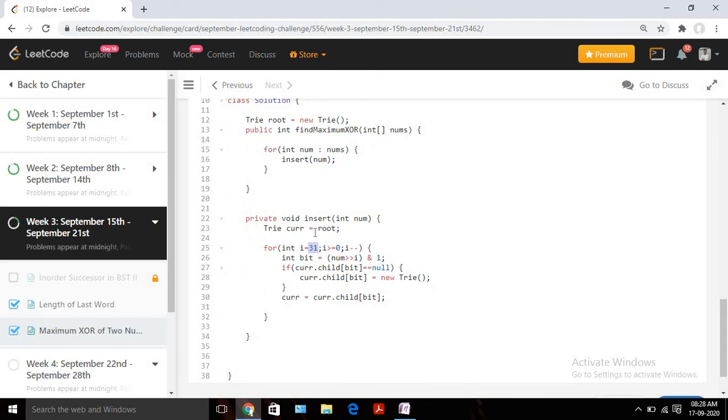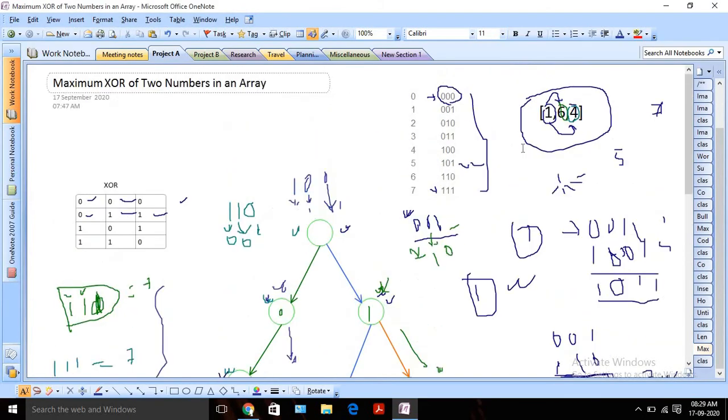Now we need to find this, right? We need to identify the bit so that we can insert it. So we are doing the bit shifting, and then we are doing the AND operation with 1. In this line, using the bit shifting, we are identifying the particular bit for that position, right? Say we are inserting 001.